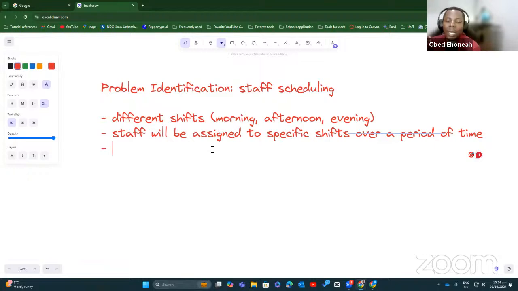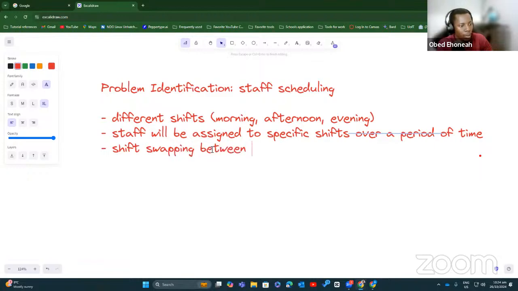Then some other time that they have their shift, I would also do their shift for them. So we want to consider shift swapping between staff. But one of the important things that I also noted is that this shift swapping can become a bit messy if not overseen by the manager or whoever is overseeing them.